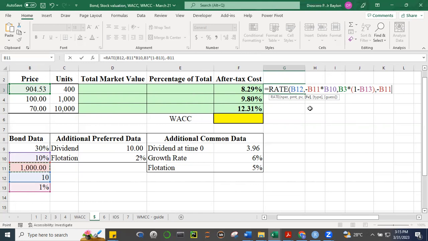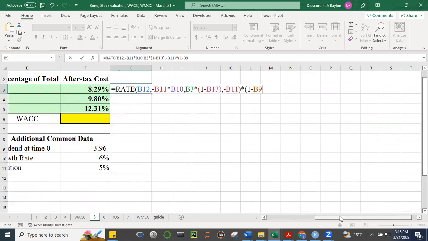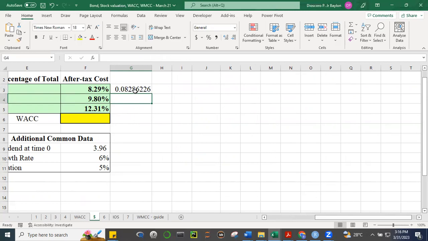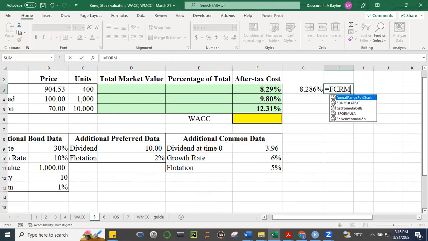Okay? So we can just ignore the type kasi annuity, ordinary naman ng assumption ito. Alright? And then we have to net this against the tax rate. 1 minus, remember, ang cost of debt should be, maganda sana kung lalagyan natin ng pangalan to, but never mind, 1 minus tax rate. There. Okay? So we get, let's see, 8.29%. That should be our cost of debt. Okay, let me show the formula here. In case you want to check your answer, formula text.